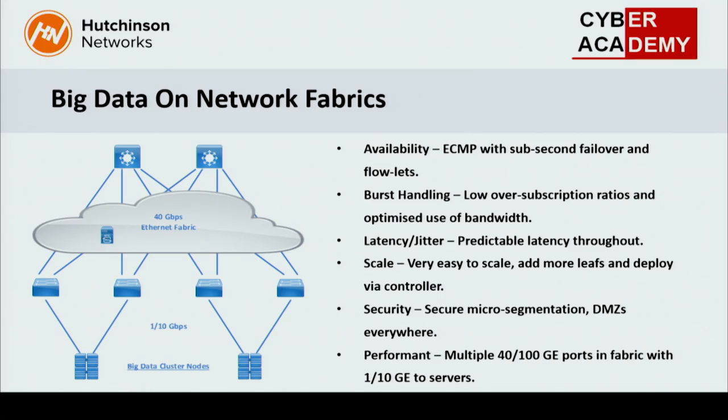Also in there, we've got multiple 40 gig links. So again, if you go back to leaf switches with 48 ports all connected at 1 gig, then you've got 80 gig upstream. If you're connecting them at 10 gig, then you just run out more 40. These will support, in some configurations, about eight 40 gig ports each. So the amount of bandwidth you're getting up to your spine is a lot more significant. In terms of scale, we just keep adding on nodes, you keep adding on clusters at the bottom, and you keep adding on data nodes, and you therefore make your calculation of the big data a lot shorter.